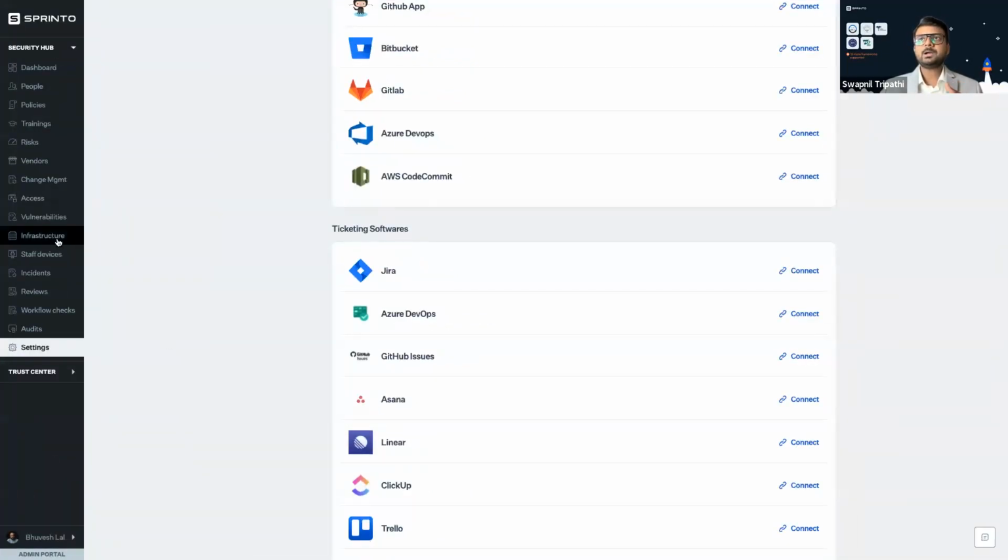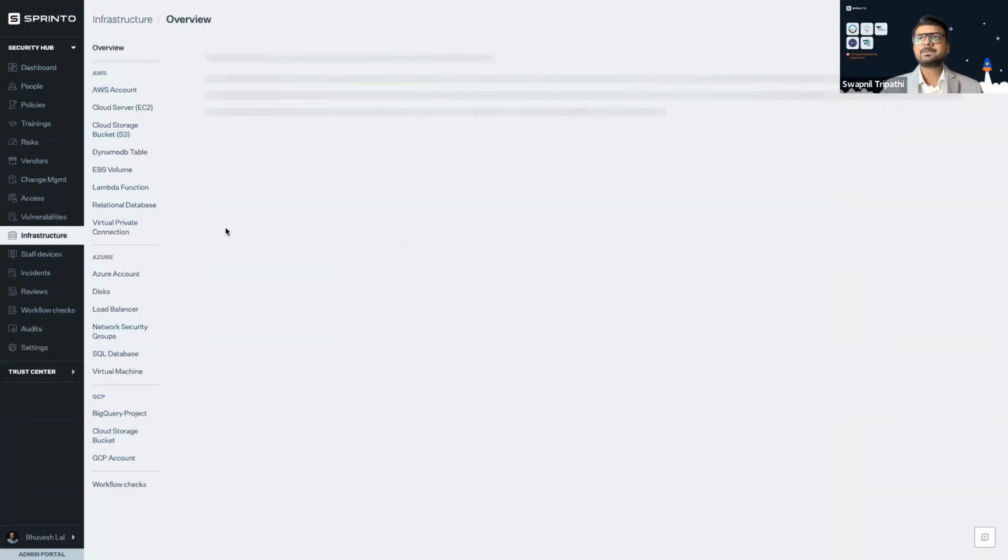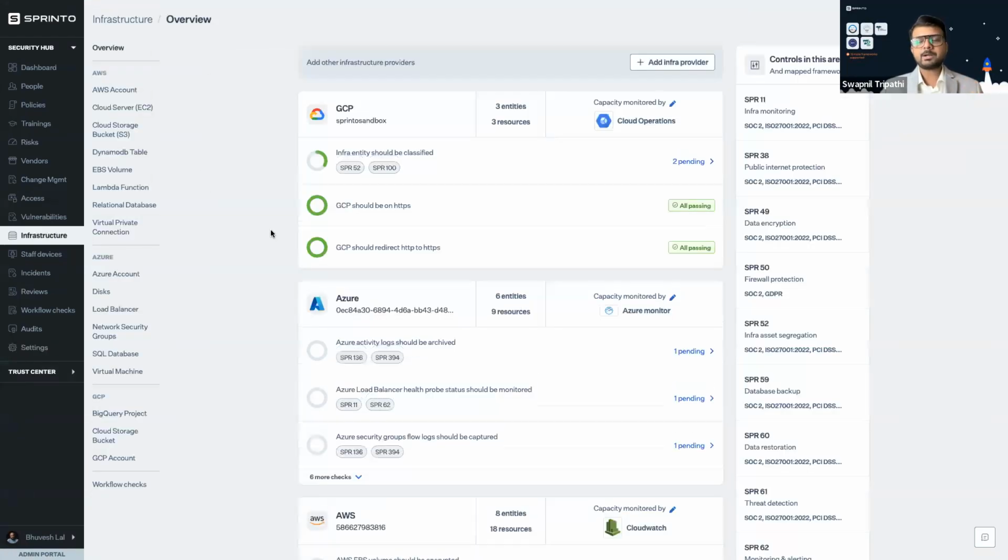Most important thing, infrastructure is a very important part of compliance. There are a lot of controls with respect to your cloud environment, which require regular monitoring. At the same time, it requires a lot of work from your compliance team and engineering team especially, right? So here, Sprinto is pretty much 100% automated. For example, I have my AWS account connected here.